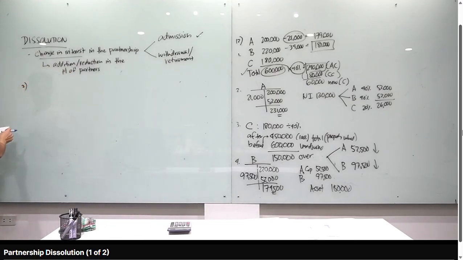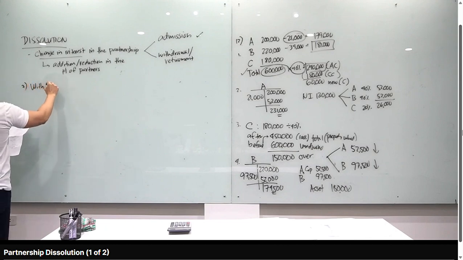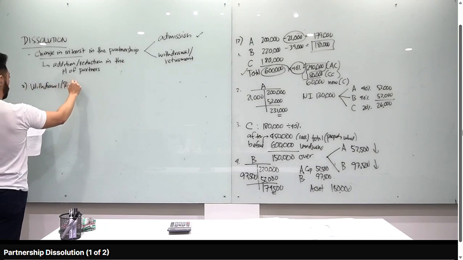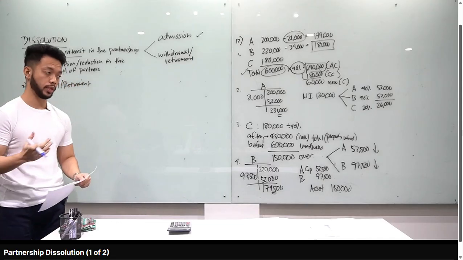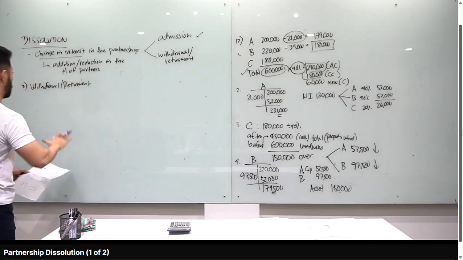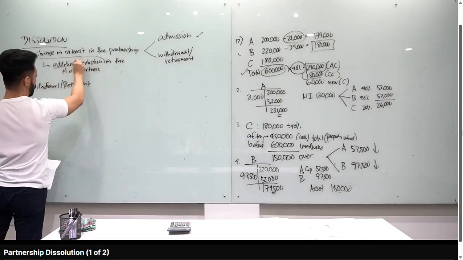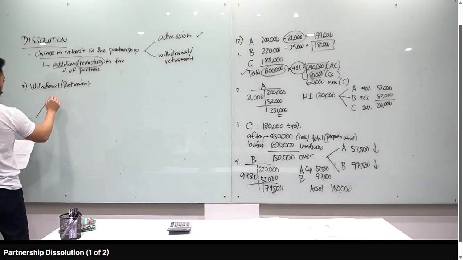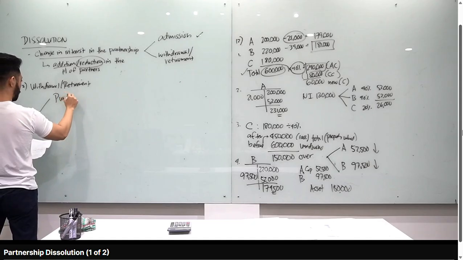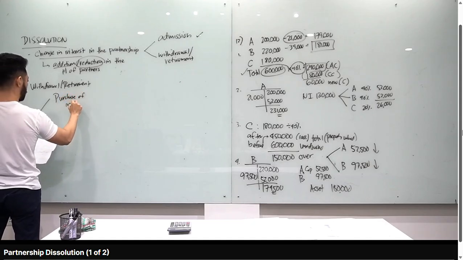Alright? So, dahil na tayo sa admission, okay? Doon naman tayo sa next form of dissolution, which is withdrawal or retirement of a partner. Okay? So kung kanina, nadagdagan yung partner, in this case naman, mababawasan naman. Kaya sabi dyan, change in interest, either addition, dito tayo, reduction in the number of partners. Now, pag may withdrawal or retirement, dalawang scenarios lang pwede dyan. Pwedeng purchase of interest, okay?